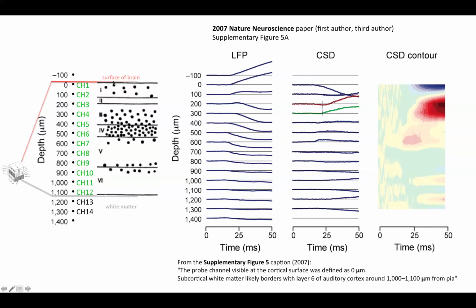Now here's a comparison with the anatomy, so that you can see that this sink right here is really the early sink in the middle layers, and this is a sink in layer 2-3. In fact, it's probably a sink in layer 2, upper layer 3. Now, the really sad thing, really, I guess it's tragicomic or it's really just a missed opportunity, is the fact that the lab never analyzed this early sink right here. It was really just completely ignored.